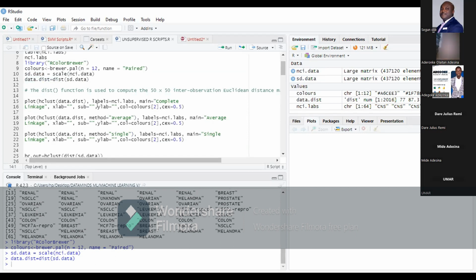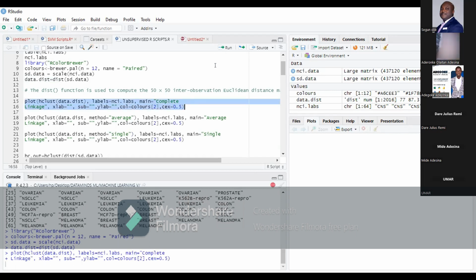Then we have our labels. We have NCI.lab. Main is complete linkage, X label, and all that. That gives us our complete linkage plots. If we do that command,